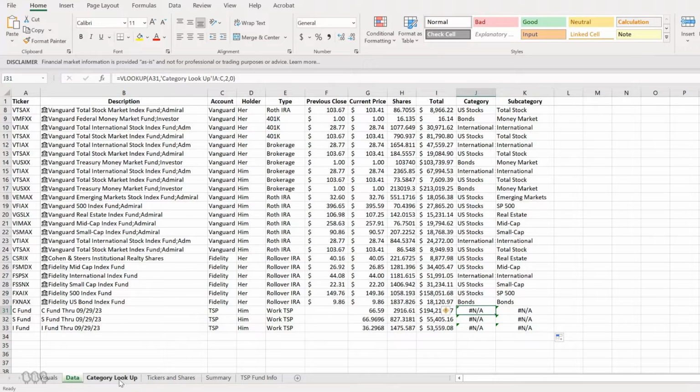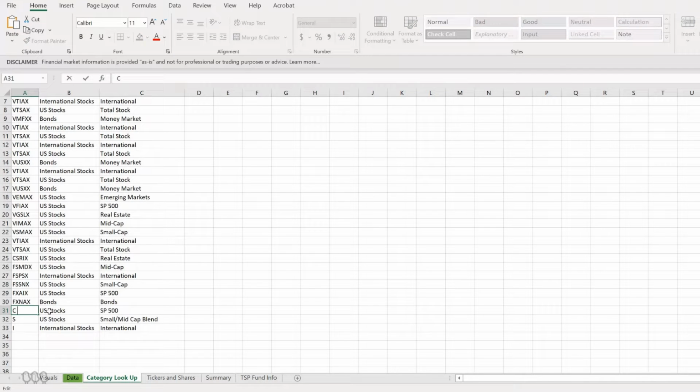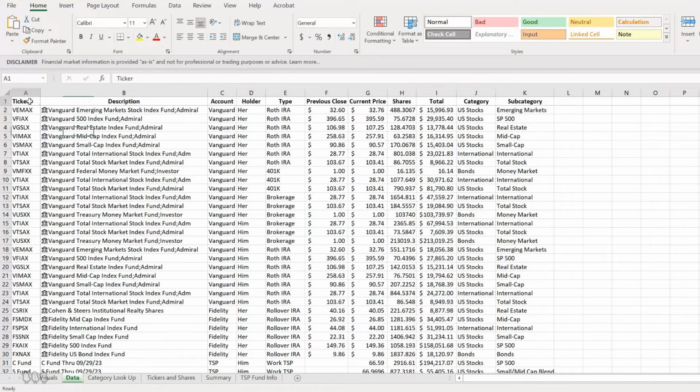And the reason we get those NAs is, let's go back to our category lookup, and we need to change this to fund. And then let's go back to our data. And there we go. We have all of our categories. We have everything we need now to start working on our summary and visualizations.